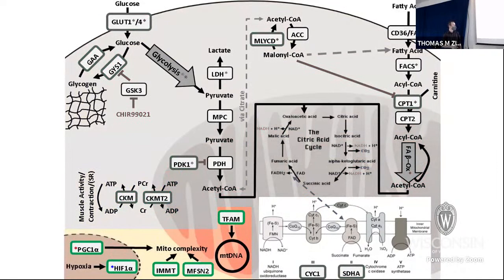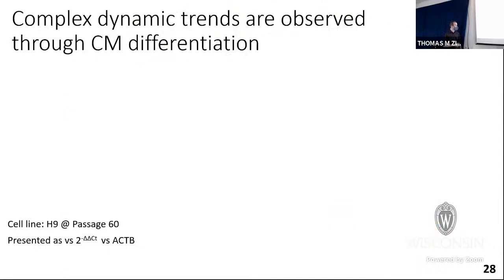And finally, we looked at a few different master regulators of metabolism. These are a couple of proteins that have basically opposing effects on metabolic activity within the cells. And then a few different proteins involved in mitochondrial dynamics and overall mitochondrial content within the cells. Again, because cardiomyocytes are very heavily metabolically active, they produce a lot more mitochondria. So we expect that to be upregulated at the end time point, but we want to see how that changed over time. So now we've looked at a few, all in green here, essentially different transcripts that we were looking at over time in this process.